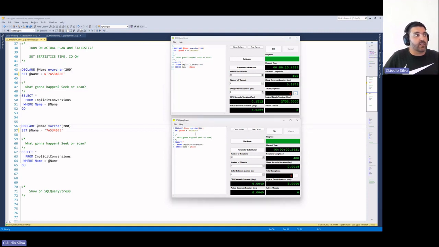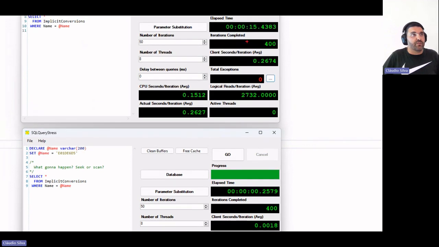If I do the same thing with the non-Unicode one, which is the proper data type in this case for my database, this is the difference. Which one do you prefer? 15 seconds for 400 executions or less than 1 second for the same 400 executions?